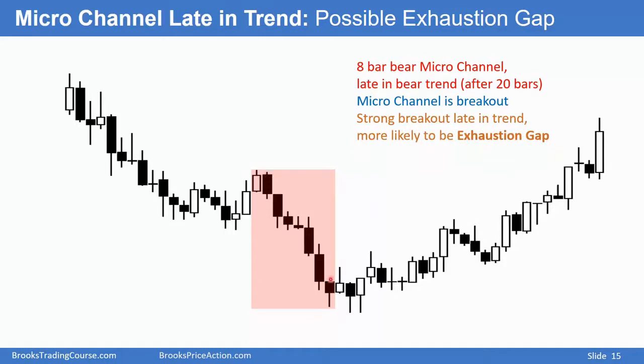A micro channel, it's a breakout. On a higher time frame chart, it certainly is a breakout. Gap, you can say the close of this bar with the low of that bar, the close of this bar with any of these lows, the close of this bar with the low of that bar, the beginning of the micro channel, the close of this bar, and that low. Those are all different ways to look at this in terms of a gap.